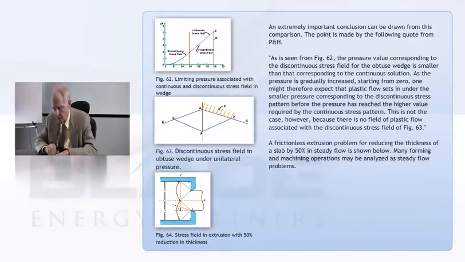So a neophyte plastician might say, well, the one that can happen first is going to happen. But that's not true. The continuous stress field is the correct answer. So then, why is the discontinuous stress field not the right answer? And it's not the right answer because on the